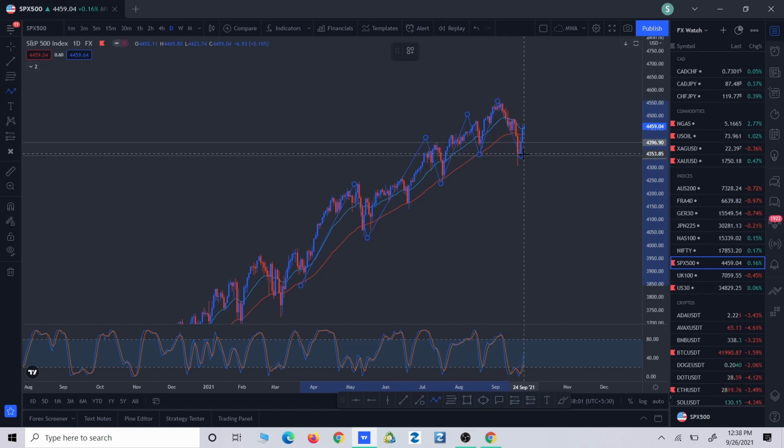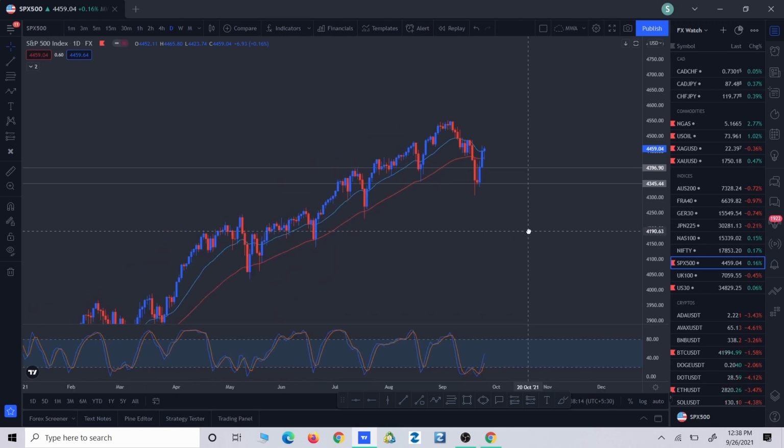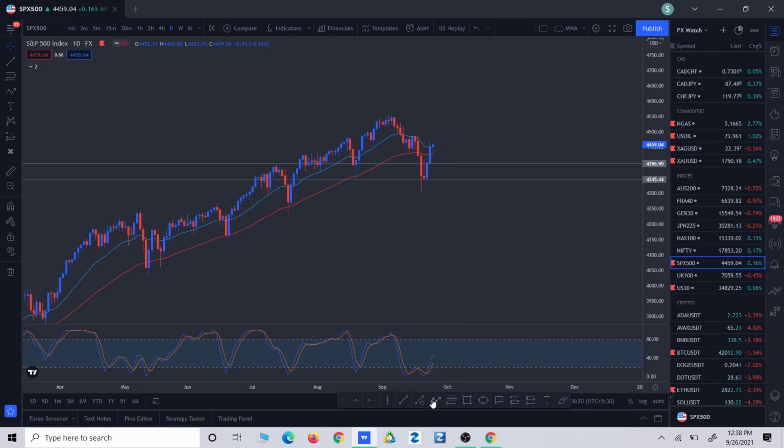Now, in this case, as you can see, the price didn't close below the wicks of the previous low, so we are still bullish. As we are making higher highs and higher lows, we are bullish. And if we talk about the possible trading setup, as we can see, the price already bounced from the previous low, as we expected in the last week's video, but still, if the price gives us another opportunity,